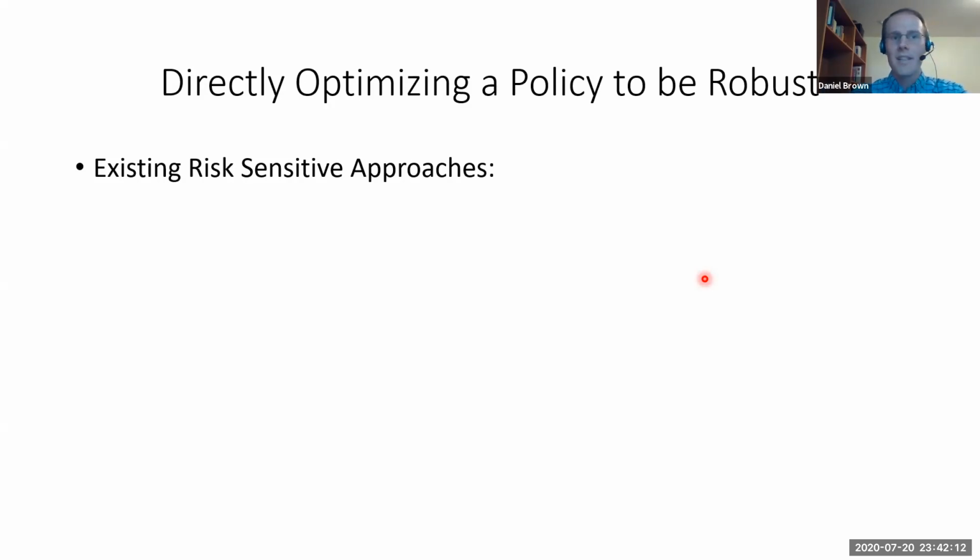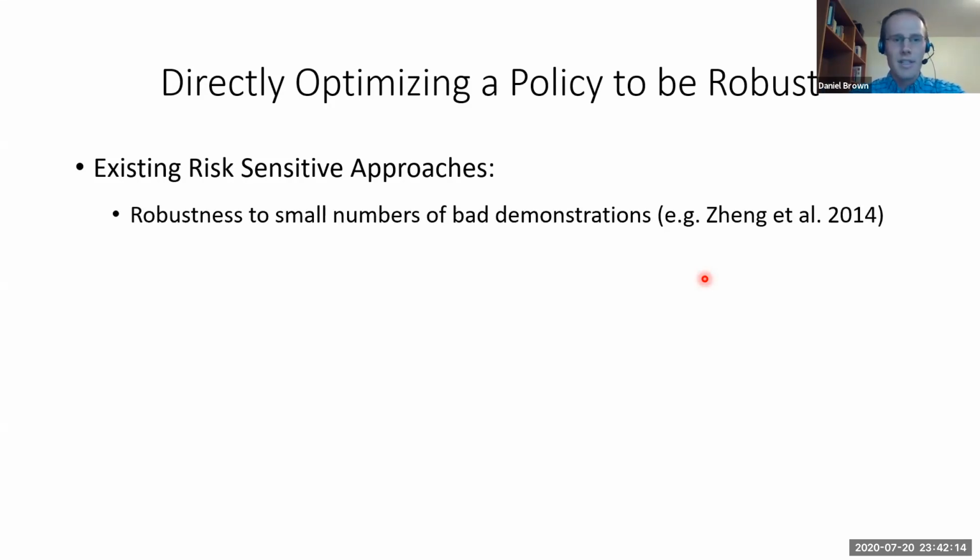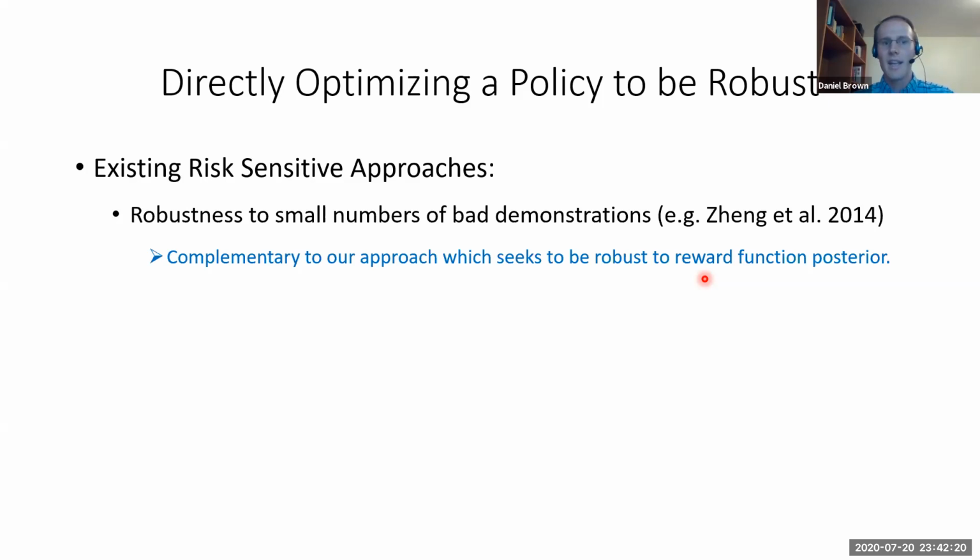So there's a lot of existing work on these risk-sensitive approaches. Some of them are robust to small numbers of bad demonstrations, and I see this work as kind of complementary to our approach. We're going to propose an approach that takes a reward function distribution and seeks to be robust to that. And this reward function distribution could come from methods that produce posteriors that are robust to small amounts of noise